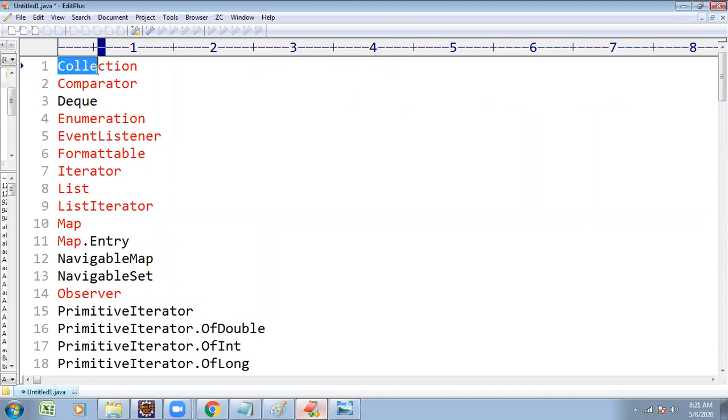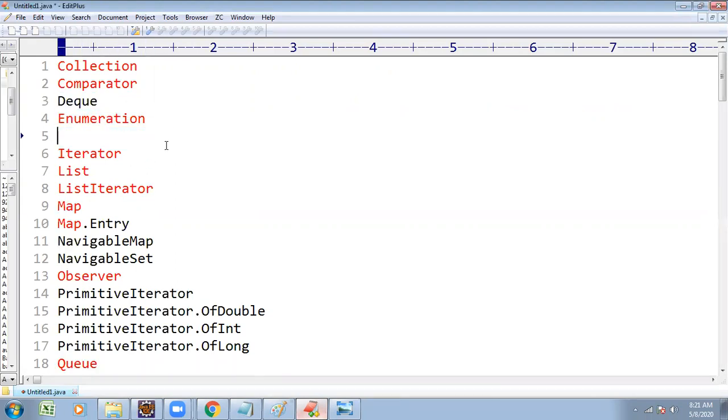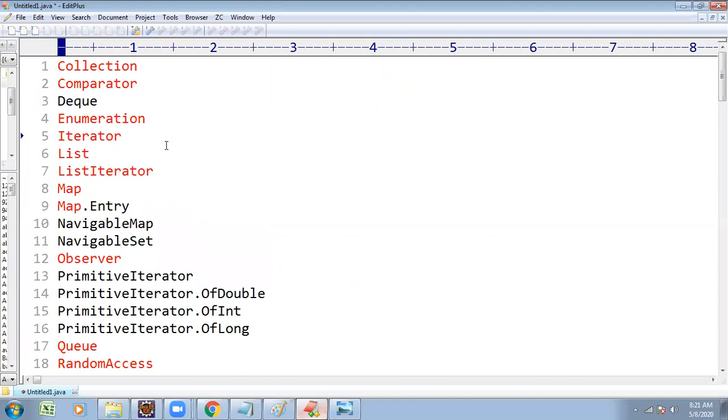I want to cover Collection, Comparator. Comparator is also one interface. DQ interface, Enumeration interface, Iterator interface, around 13 plus important interfaces are there, with their implementation classes.